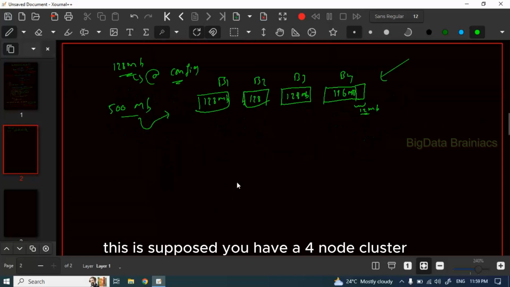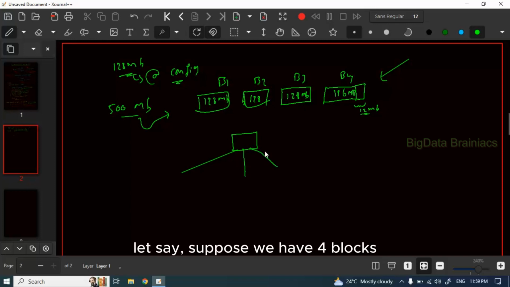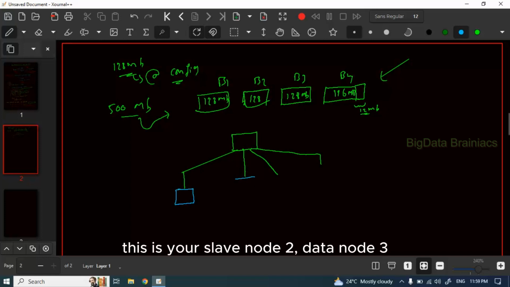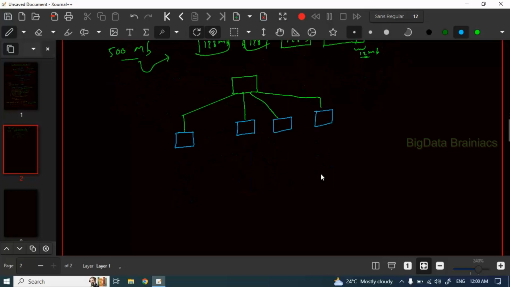Let's say you have a 4-node cluster. This is your master node, this is your name node, and these are your slave nodes: data node 1, data node 2, data node 3, and data node 4. Okay, so first